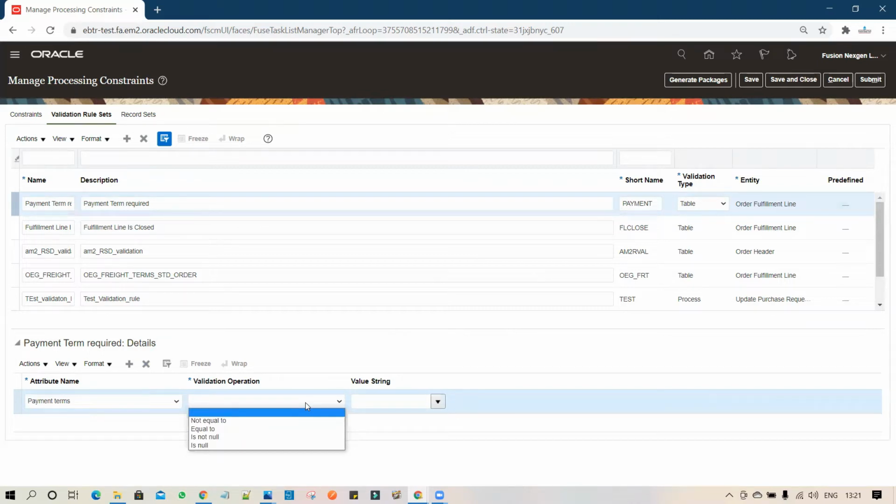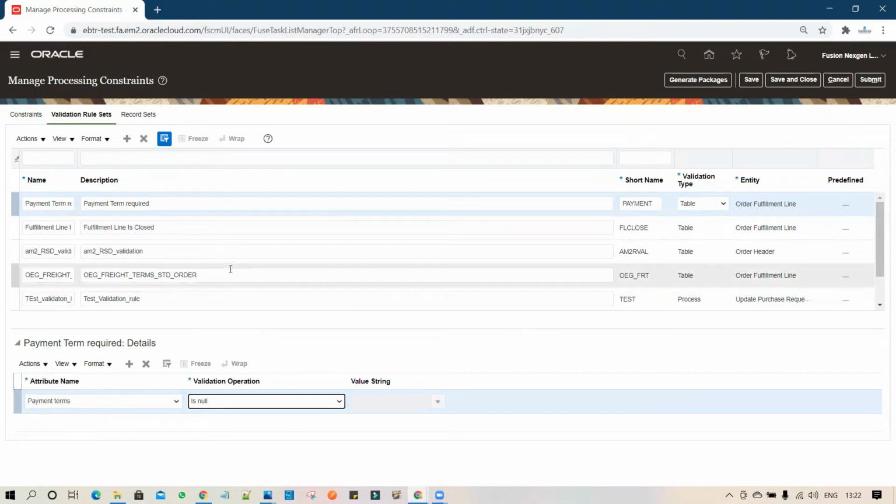Now I'm setting it up so that it will be invoked if payment term is null. Based on your business scenario, you can enable a lot of constraints in your business. I mentioned that if my payment term is null, then this rule set has to be invoked.